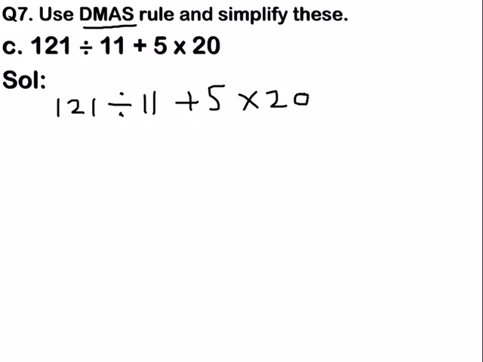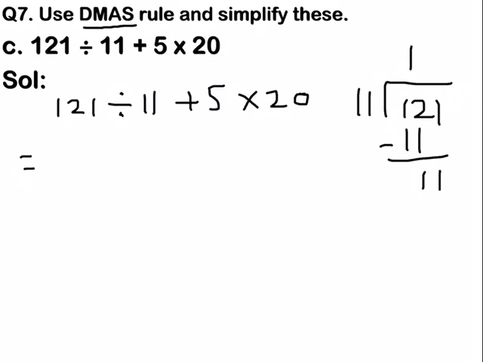As you can see in this question there is 3 operations, that is division, addition and multiplication. According to the mass rule, first we will solve division, that is 121 divided by 11. 11 1s are 11. 2 minus 1 is equal 1. Next digit is 1. 11 1s are 11. So the answer is 121 divided by 11 is 11